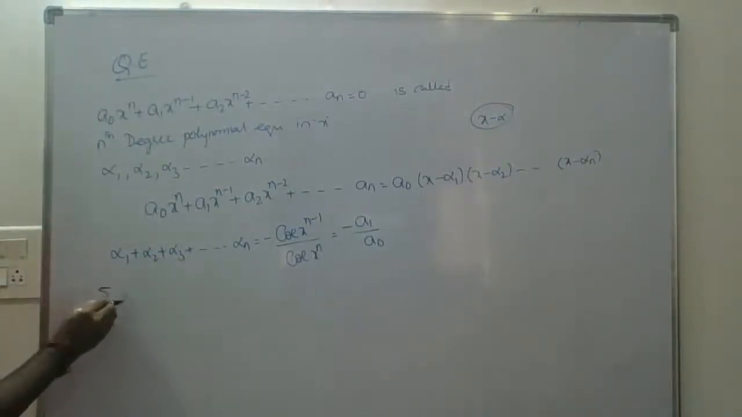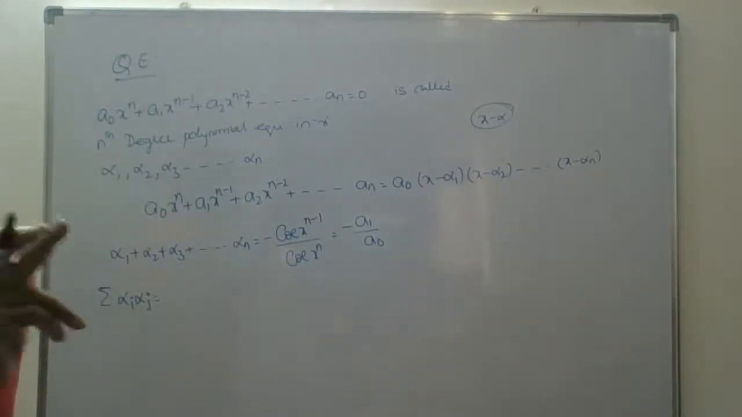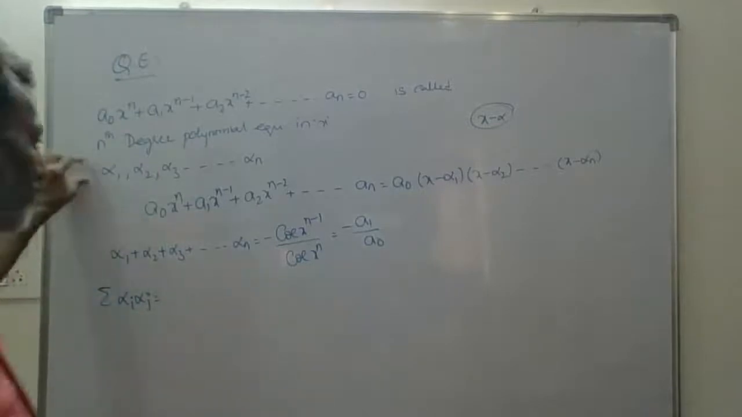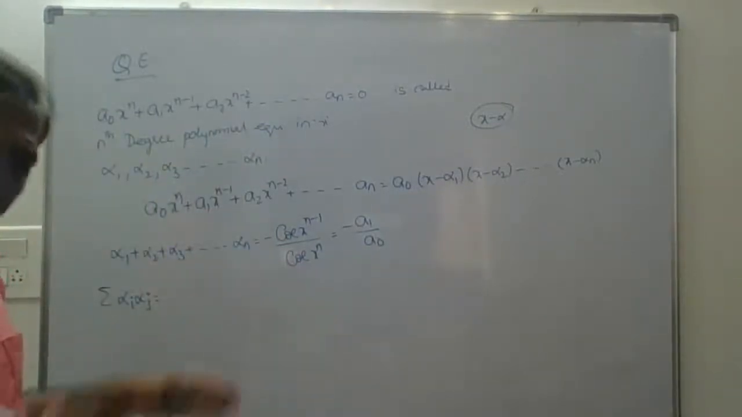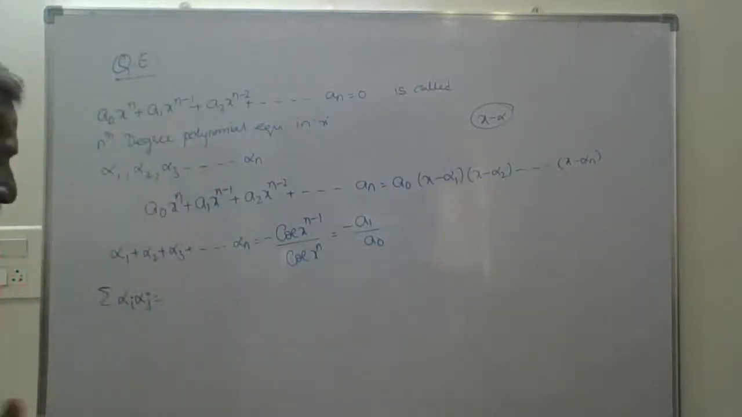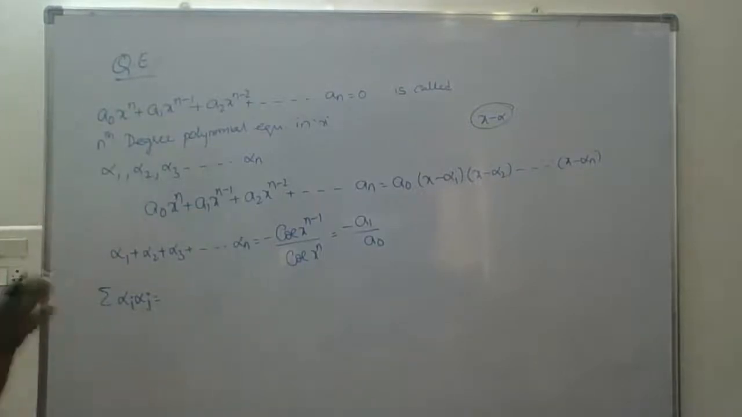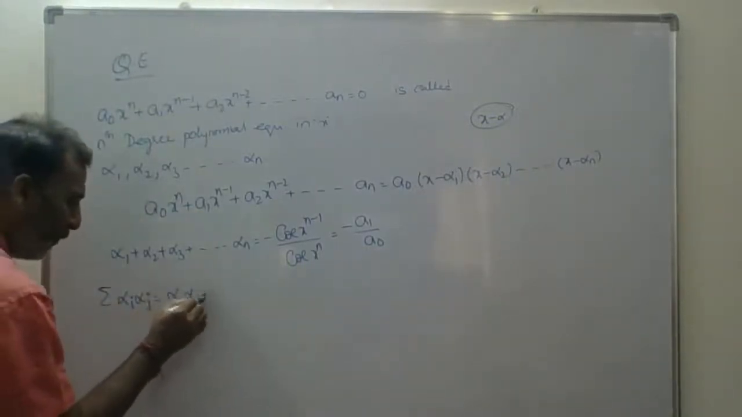Next, this one, sigma alpha i alpha j. What is sigma alpha i alpha j? It is called the sum of the product of the roots taken two at a time. There are n roots, so every time you take two roots and multiply. Then if we add all possible products, that is why we say sum of the products means